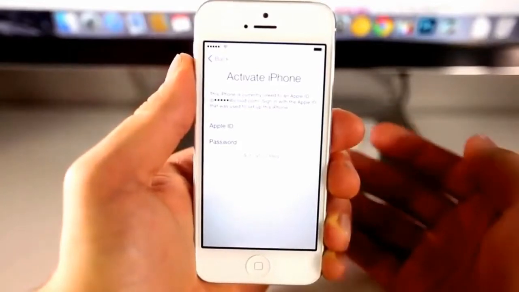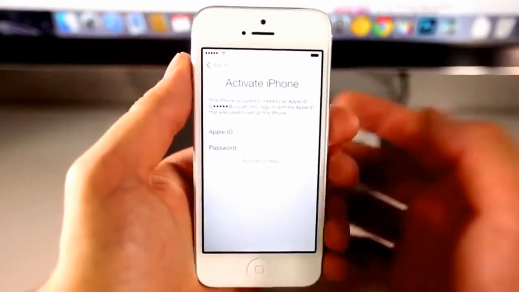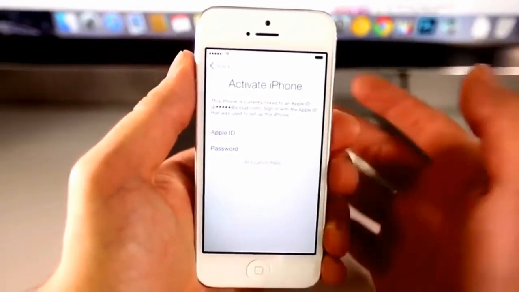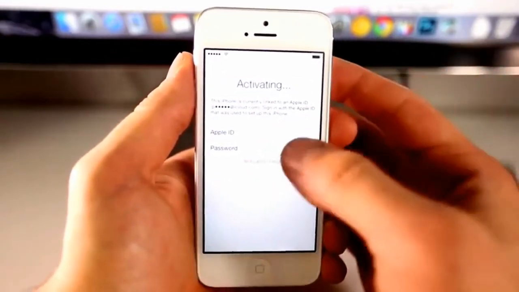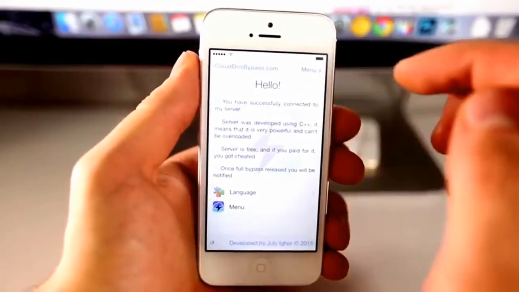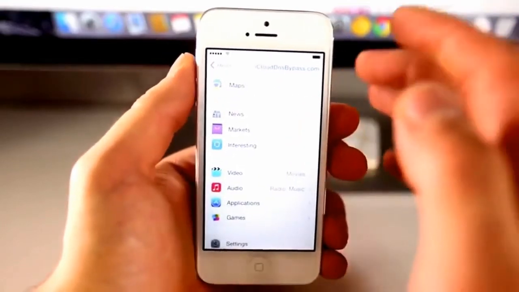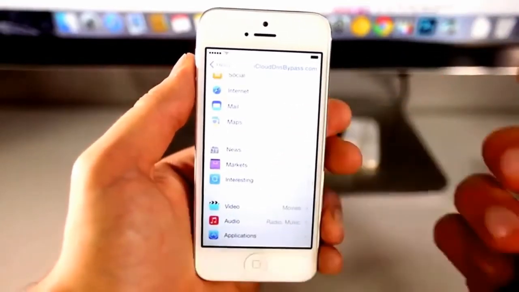Now, worst case scenario, if you guys bought the phone, it's still stuck on this, you can't contact the original owner, the least I can help you guys with is allowing you to use your phone somewhat. So using that method, you guys can still go in here, play games, watch videos, listen to music, browse the internet, still do stuff on the phone, even use maps. There's a lot of things you